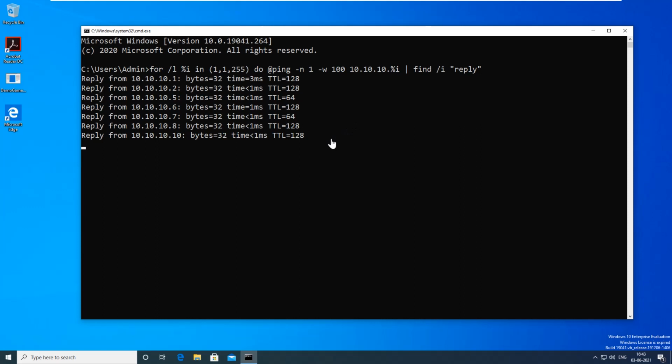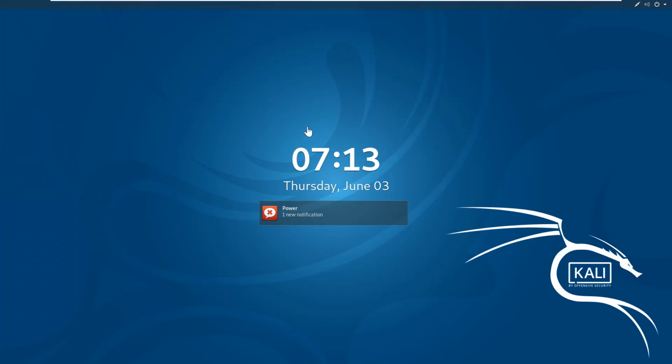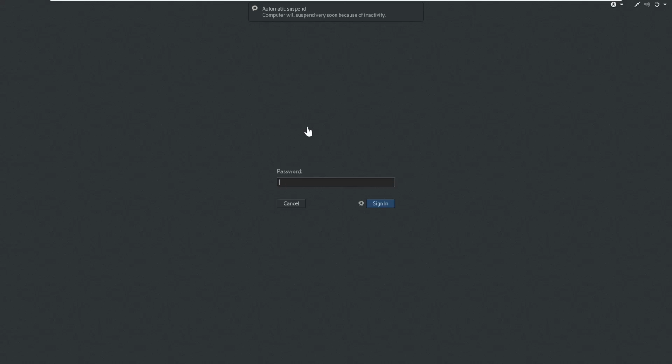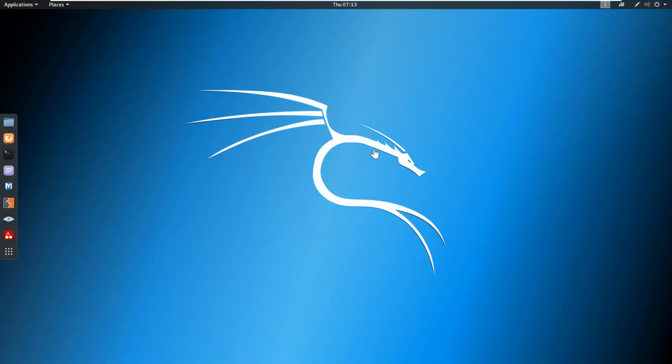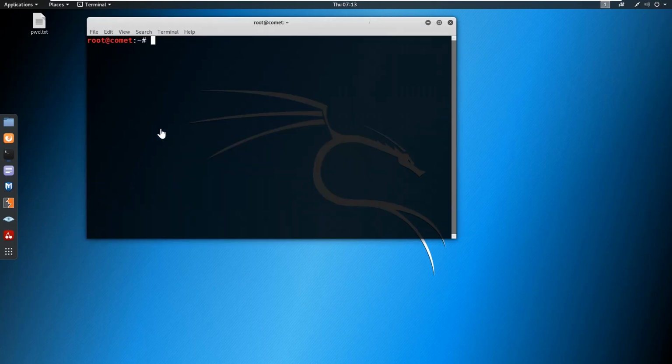Okay, so here we are getting just a simple result. But if you want to scan the entire physical network, we can also use this Kali machine. In Kali, we have very good tools for scanning the network. Out of those, we have one famous tool called Netdiscover, using which we can discover the physical network as well as a particular subnet. So let me open the terminal.